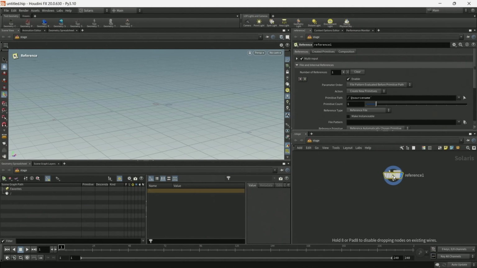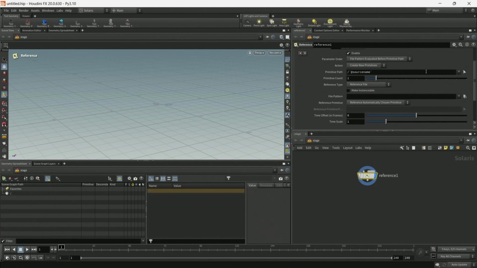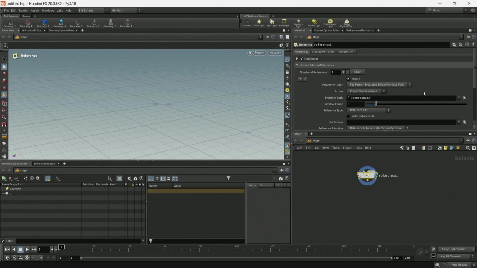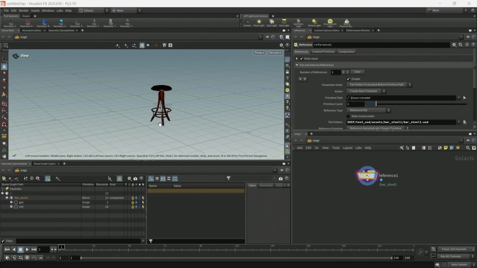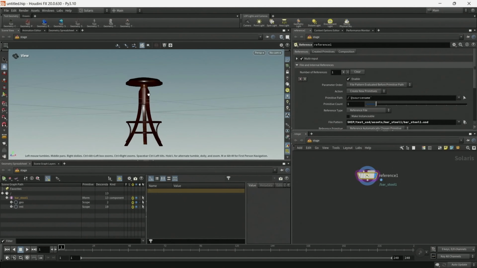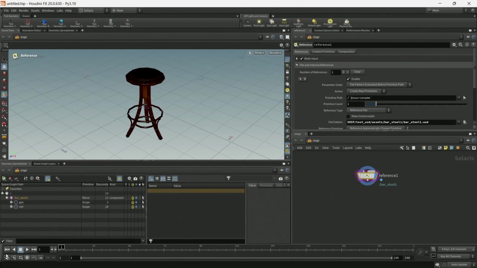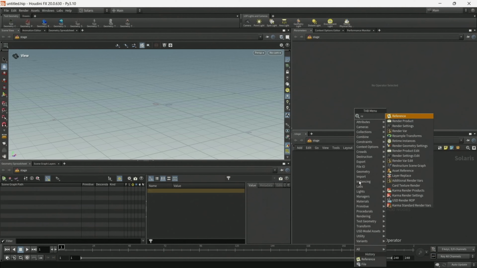So this stool would be published from the modeling department, and then the artists in the layout department would want to read it into their scene. They'd want to bring in the stool and arrange it with the rest of the assets they have for their bar scene.